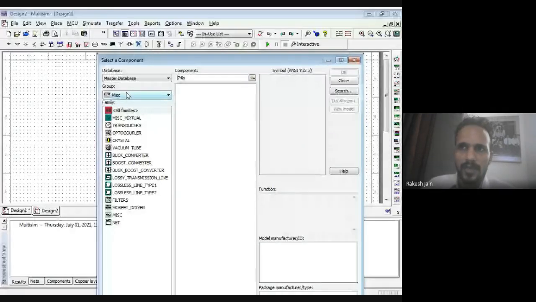Here are all groups: sources, basic, diodes, transistors, analog, TTL, CMOS, MCU, advanced peripherals, MISC Digital. On this MISC Digital, I will find those ICs.